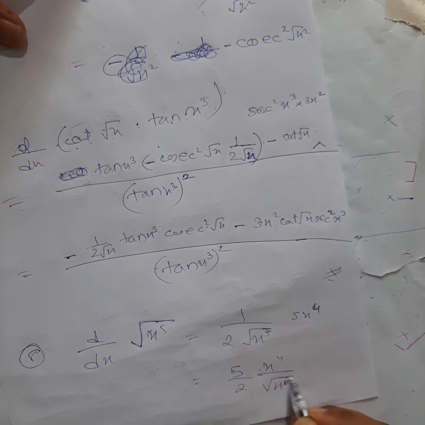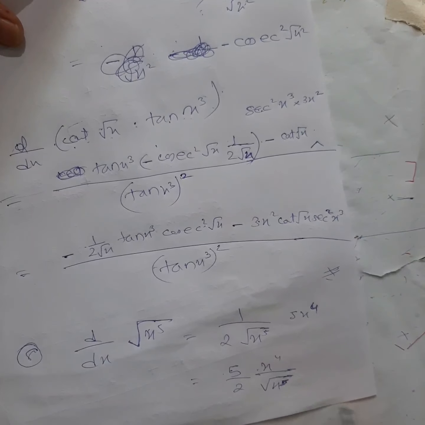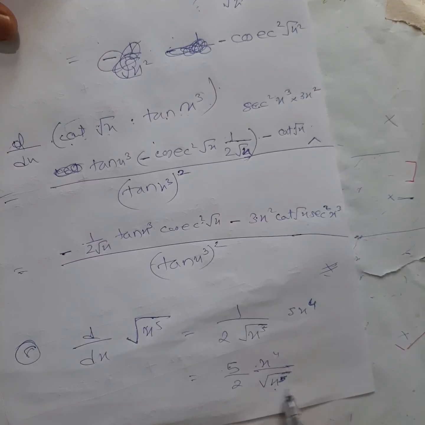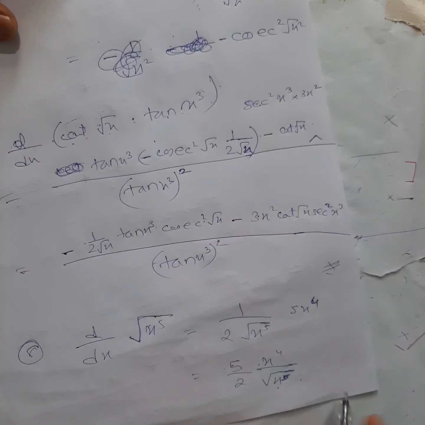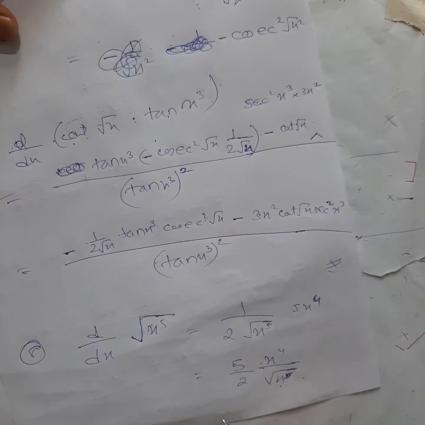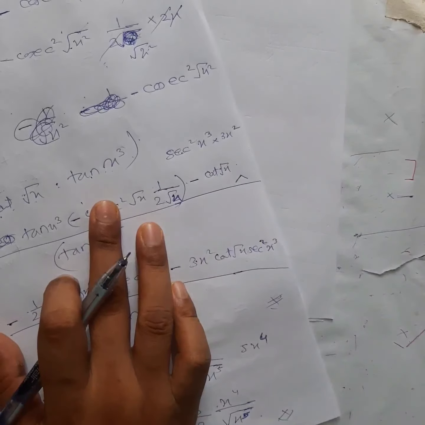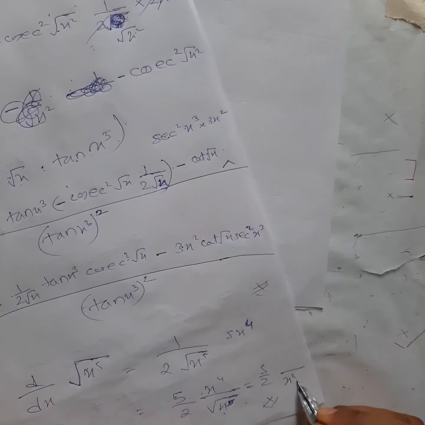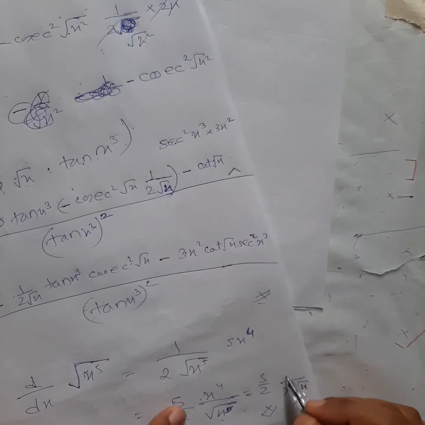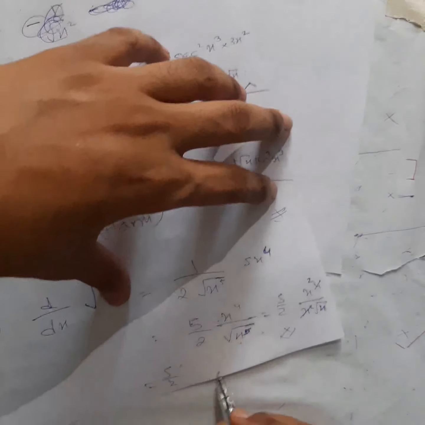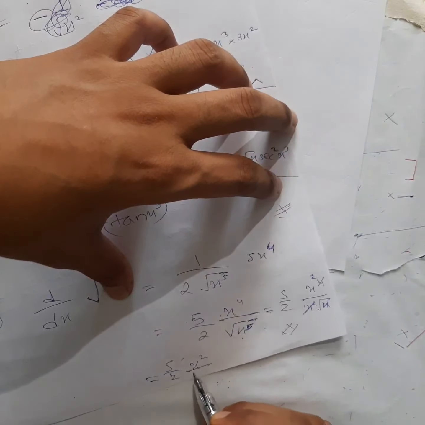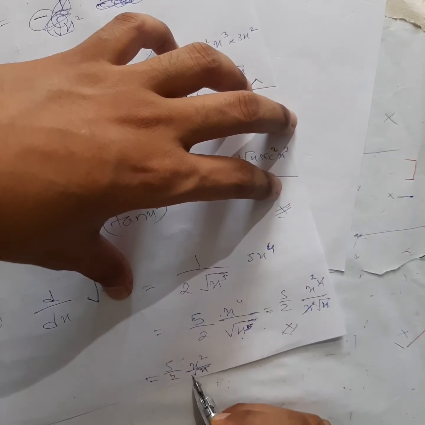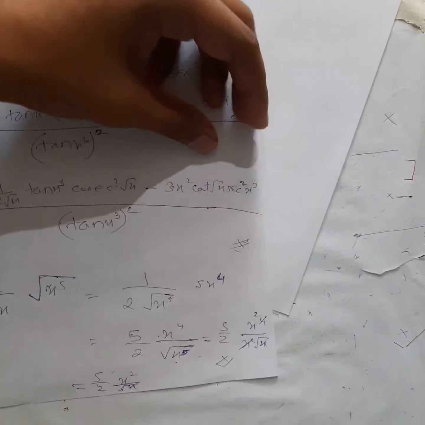If you want, you can simplify this also. Okay. What you can do here is x square, you can take 2x outside, right? And 1x will be left out inside, and that 2x you can cancel, or you can leave it here also. That I will simplify it, right? 5 by 2, can I take x square outside? 1x will be left out, right? Inside. So x to the power 4, this x square and this square will get cancel. So you will get 5 by 2 x square by root x. Okay, and if you want, you can rationalize this also. Clear?